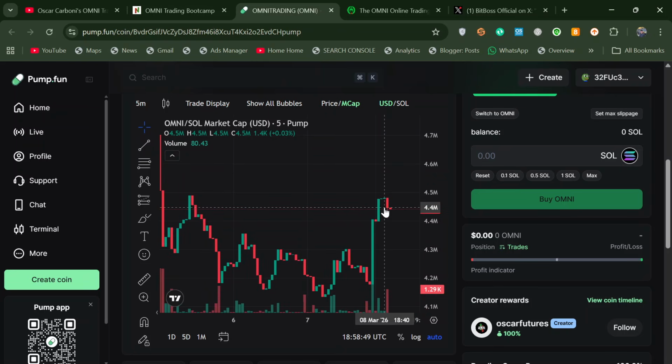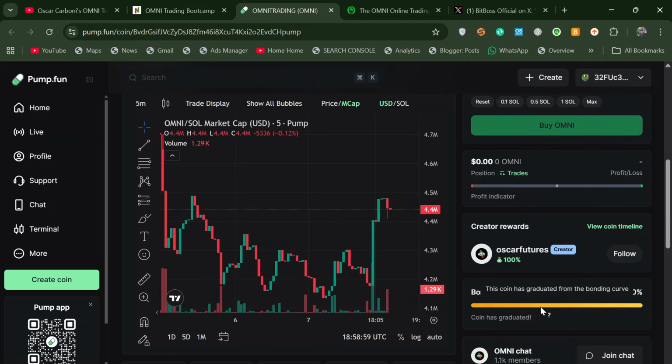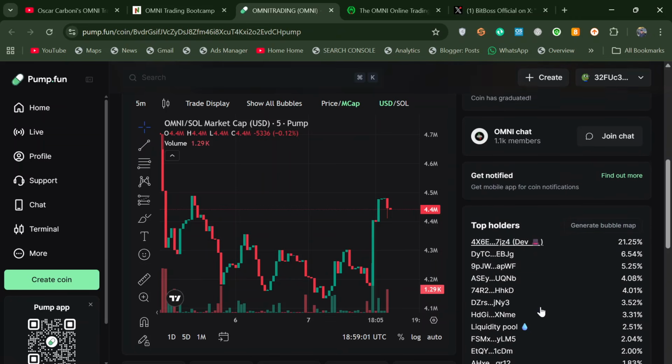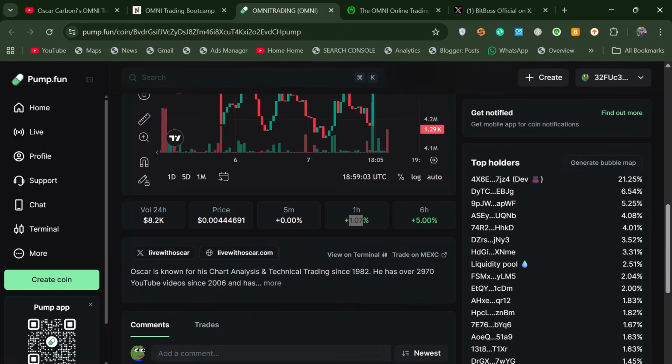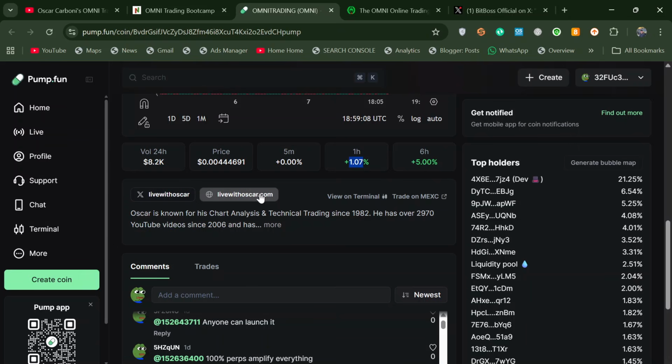Now you can see the market is going down, and you can easily check here that 4.4 million is the current net market value of this token. As I go down, you can see that some other options are also available, where you can check comments, and you can also check the live with Oscar